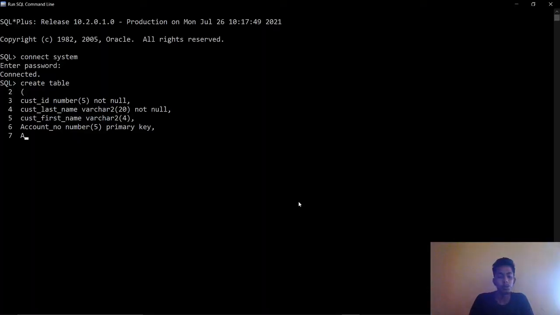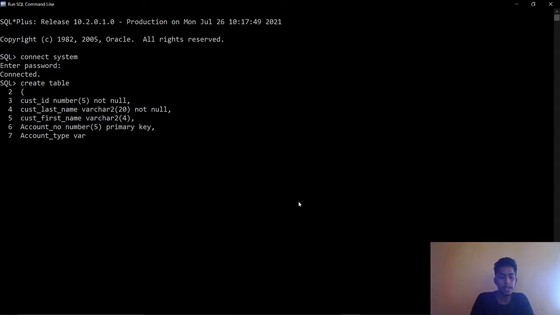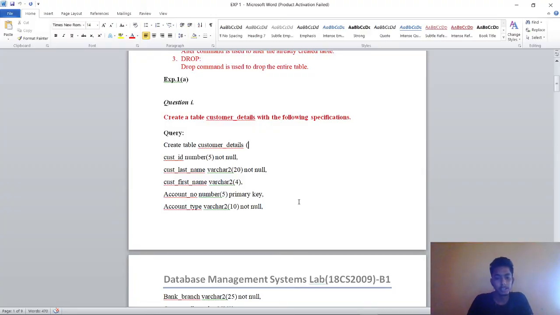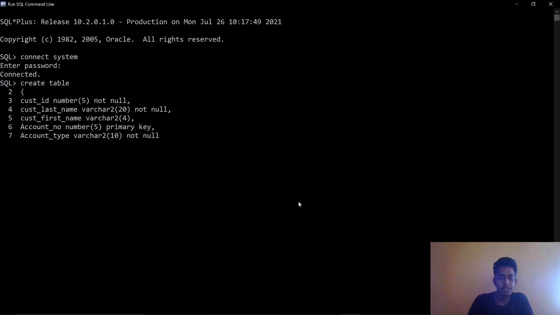So account type is varchar2 of length 10 and it is not null. Then the bank branch, that is which bank branch.